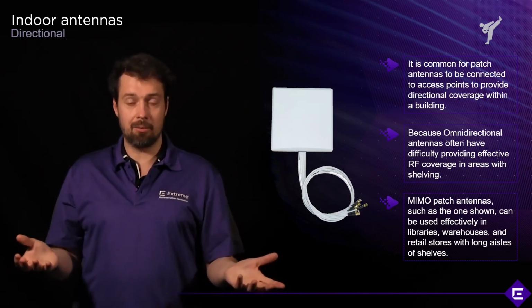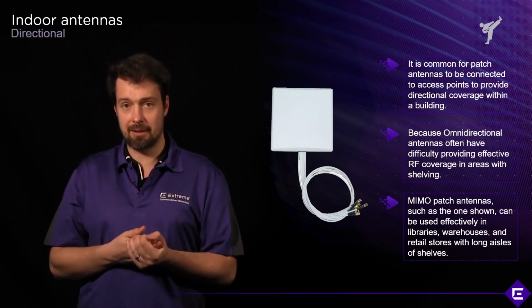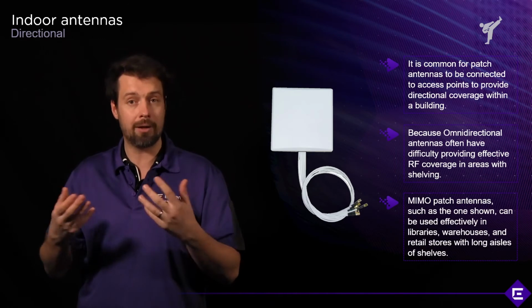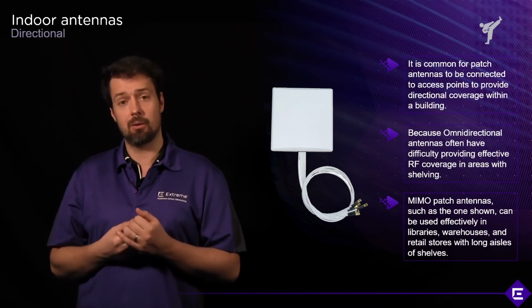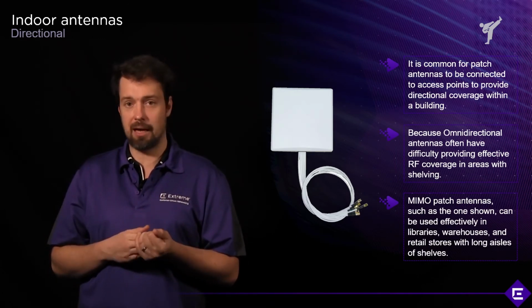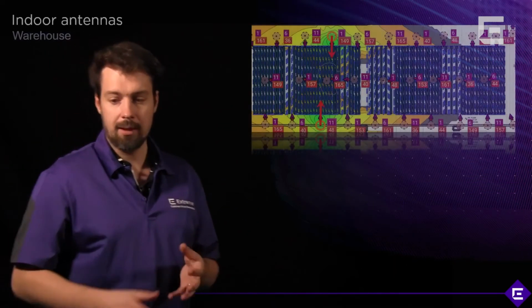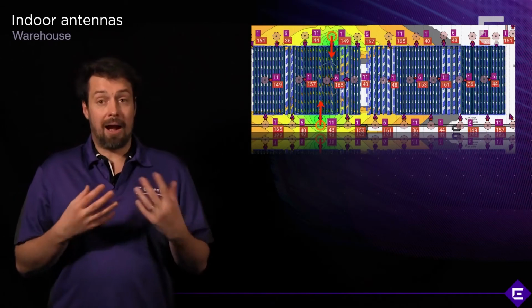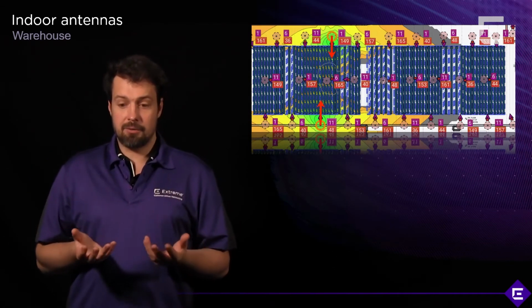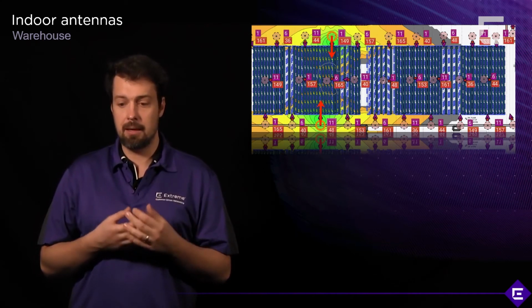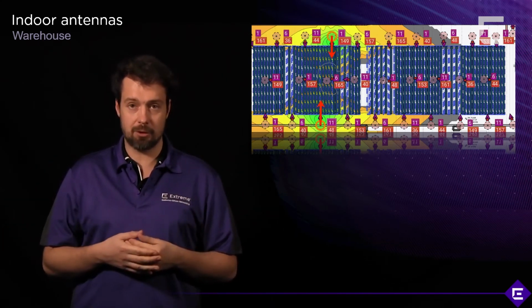At Extreme Wireless Cloud, we do provide directional antennas as well, so you can select from a range of directional antennas when you're buying 122X, AP245X, or AP510CX access points. Let's look at a warehouse scenario. In the picture on the slide, you can see a warehouse with shelves going top to